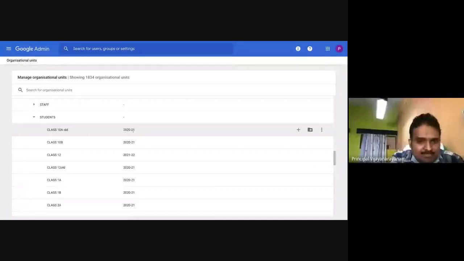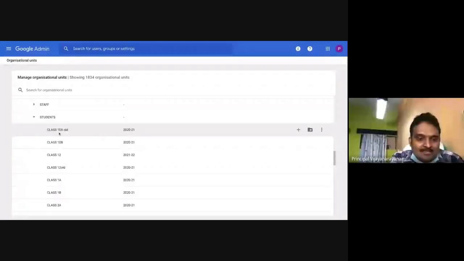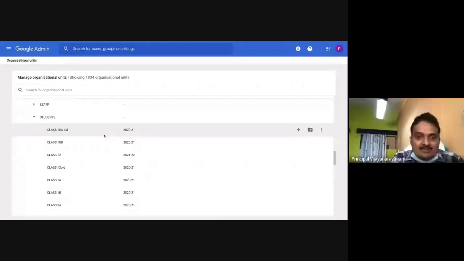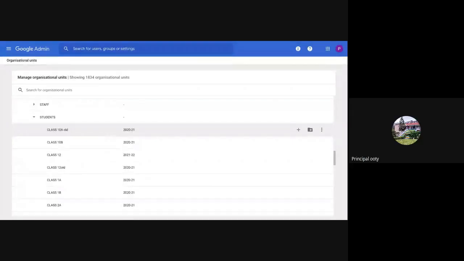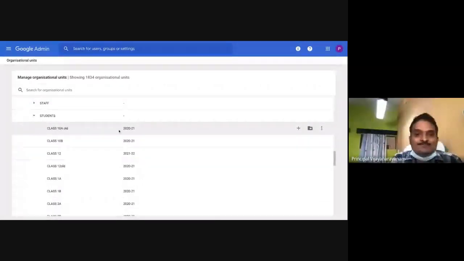This description does not reflect anywhere else other than this panel. So when you are handling your report section, it will only come as class 10A. In filtering and reporting, if you have two sections, you may have 160 students in 10th A and B. Description never comes anywhere else. It is only for the admin to see. So year changing is not going to help much. No, not anything, sir.